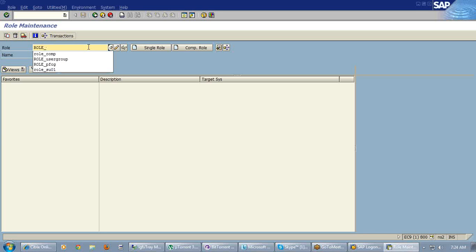That is also called a master role or parent role. From this parent role, we can derive 50 child roles, one for each country. These roles are called derived roles or child roles. In the parent role, we can define authorization data to create sales orders. In the child roles, we can define